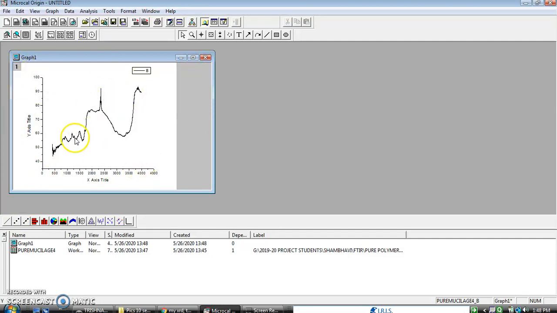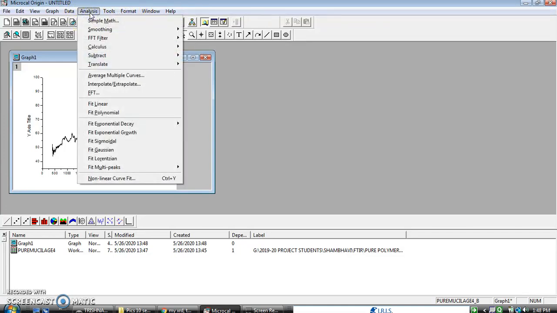Now in your data you can see lots of noise are there. To get a better picture of this data, you have to go into this second part, that is your analysis part. Here you have to click analysis. As you click onto the analysis icon, you will get lots of options. Now you want to go for smoothing, so that all the peaks are much more visible, uniform and unique.